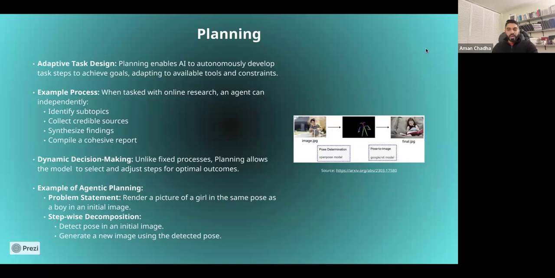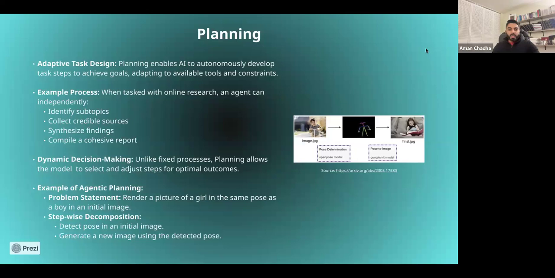So the idea is to split the task into various different components. Compared to what we have currently with LLMs, where when you give them a task, they try to achieve that task in one shot, planning enables us to come up with individual substeps and adjust based on feedback at each stage. For each substep, it can figure out what to do differently and how to achieve it better, and course correct its trajectory as it's carrying out all of these different substeps. So at the end of the day, you have an output that is optimal based on the LLM's criteria.